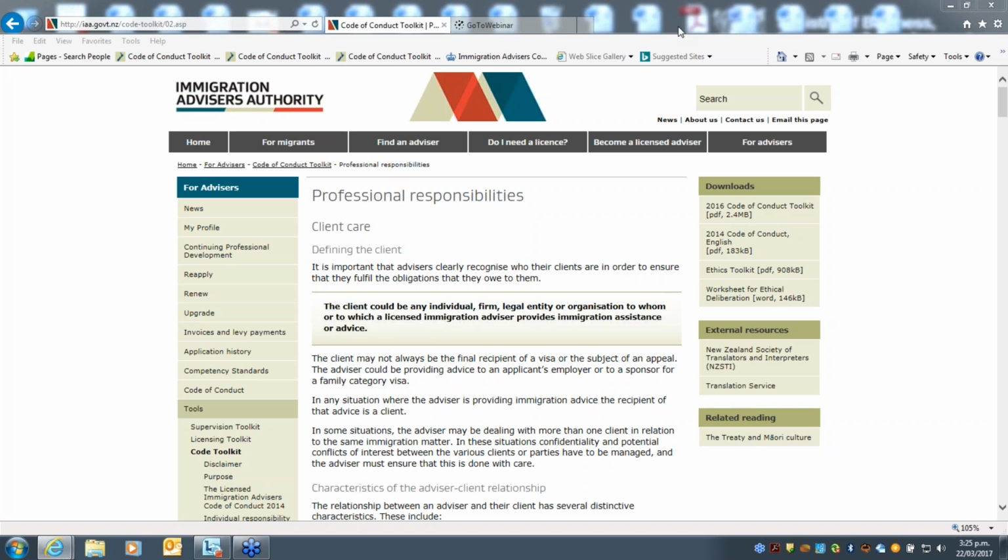And it may be that there are ways that the employer can be held to account. They may have actually done something unlawful as well, and there are other avenues for pursuing that. But in terms of your responsibilities as a licensed advisor, they do sit with you, and you do need to ensure that the working situation that you are in allows you to follow the code. So you do need to take steps to make sure that you can do that, and if you can't, then you do need to consider your situation.